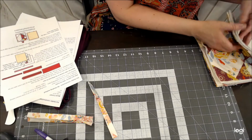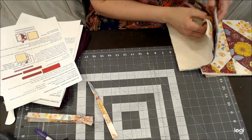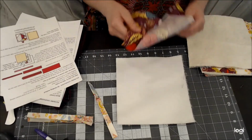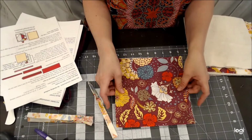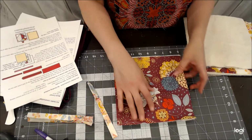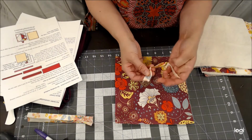Then we're going to do our quilt sandwich with this one. First, you're going to put down your Insul-Bright, then your backing fabric, which this is not directional, so you can really put it any way you want. Then you can take this loop